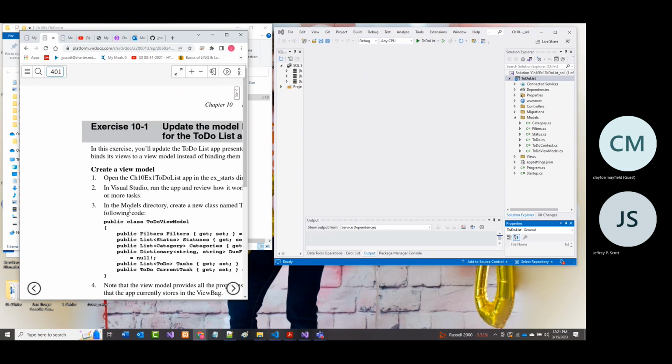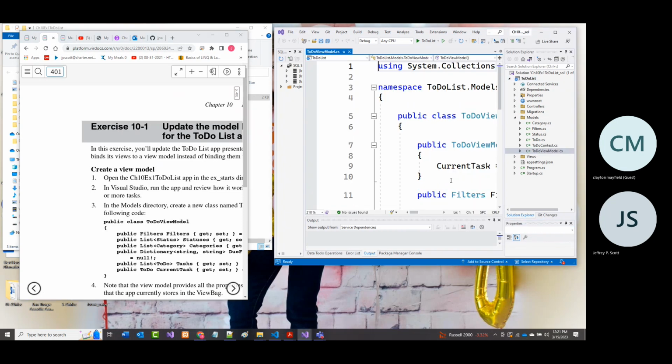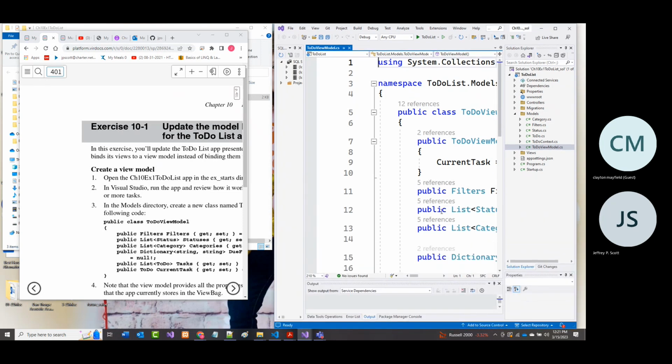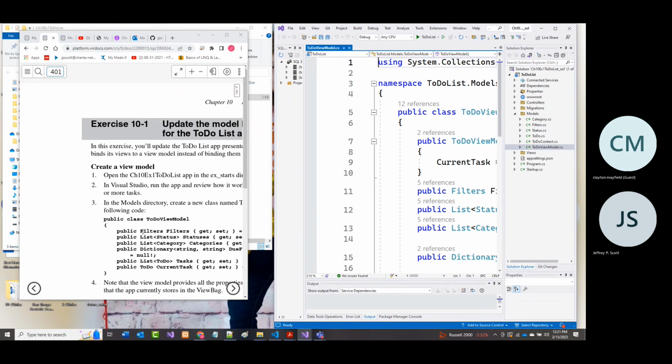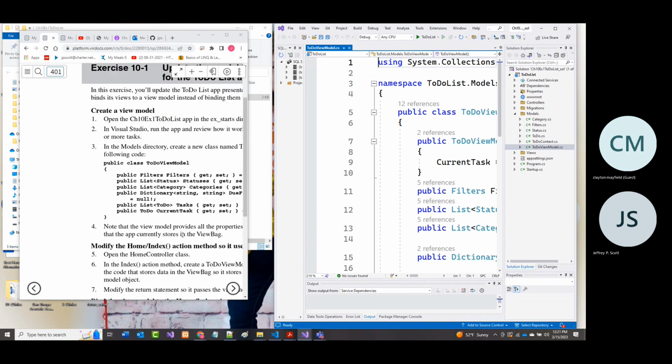Okay, so that view model was made. We were told exactly what to put in there, and that's right here. Again, there's nothing new in there. It's the stuff we had just gone over. It says there, note that the view model again provides everything. We just talked about that.